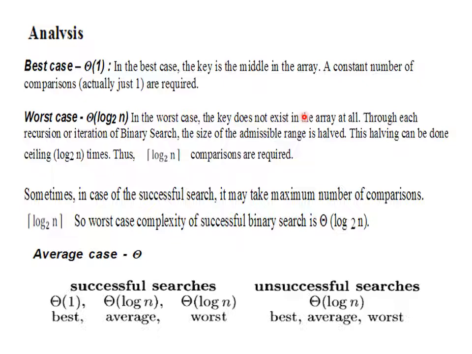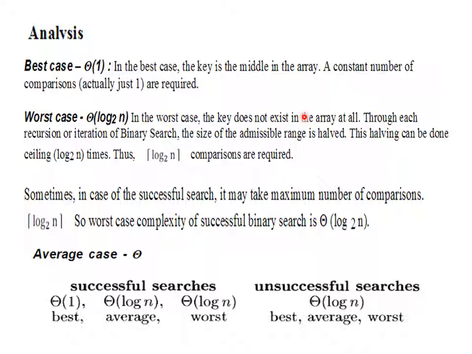Now what is the average case? First we are finding the middle item, the first iteration, that is the first time complexity. Then if it is not in the first comparison, the second time when we compare, we are getting another result. Third time we find the third middle value, fourth middle value, like that. If we assume all these positions when we compare, take the average of all this time complexity.